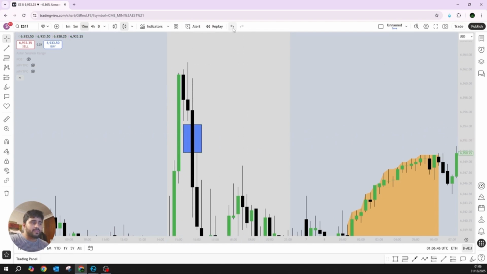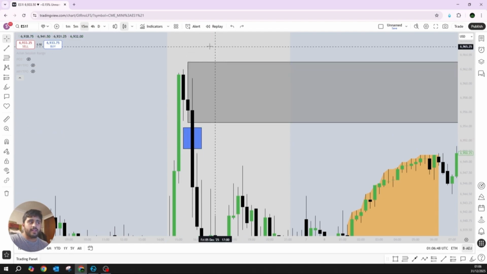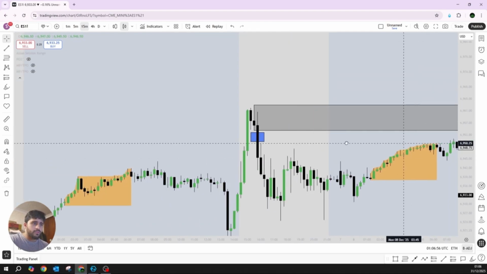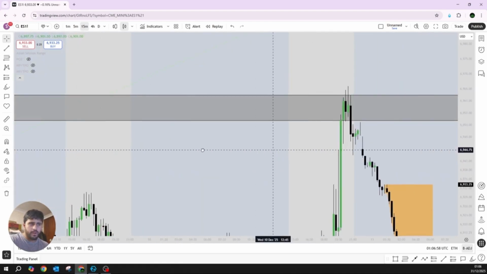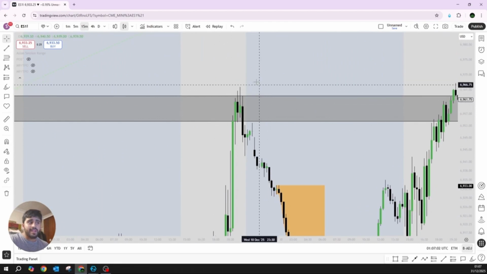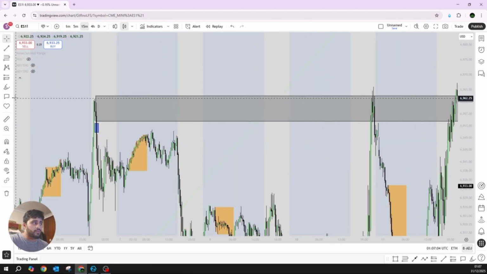Now, what makes this a valid key level is that it's the candle before the fair value gap. So I'm using the order block, as some ICT traders will call it. Now, why do I use the order block? The reason I do that is because I found from my data, from my testing, that a lot of the big moves, a lot of the start of the big moves happen inside of this region, right? So in other words, what you're looking for is you want to see price